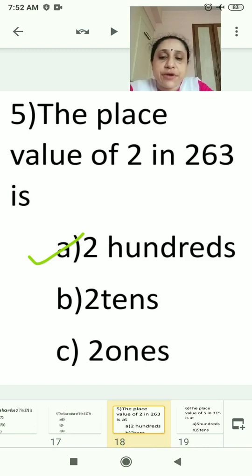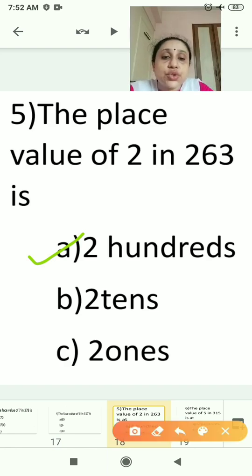Now question 5. The place value of 2 in 263 is at which place? In place value, you have to give the value to the numbers: hundreds, tens, ones. So 263, answer will be 200s.